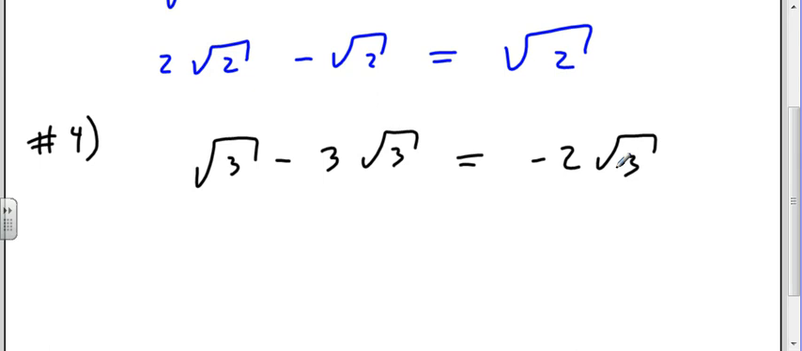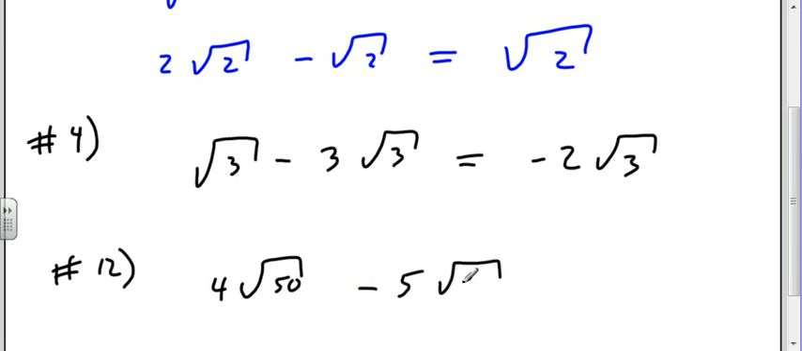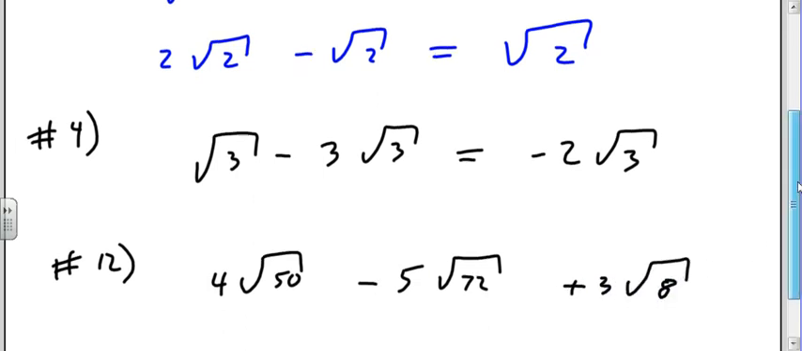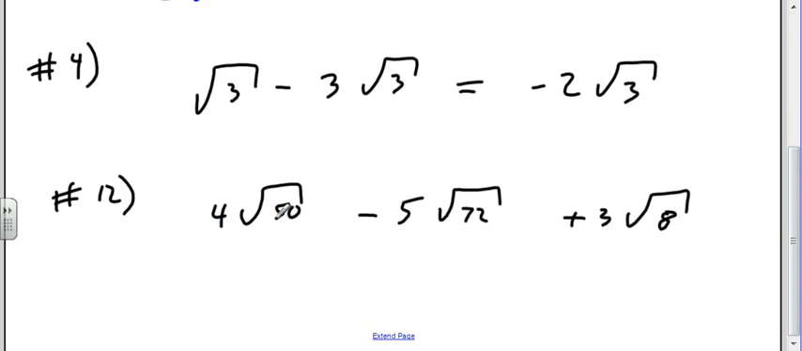Moving down to 12. 4 the square root of 50, 5 the square root of 72, 3 the square root of 8. Well, 4 the square root of 50, that's 2 times 5 squared, so that'd be 20 square root of 2 minus